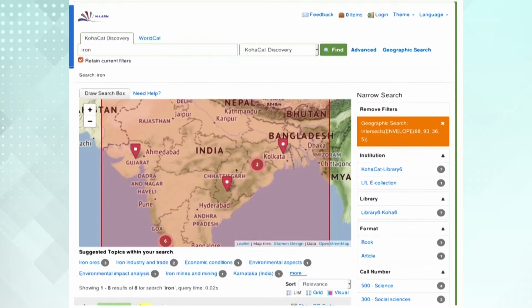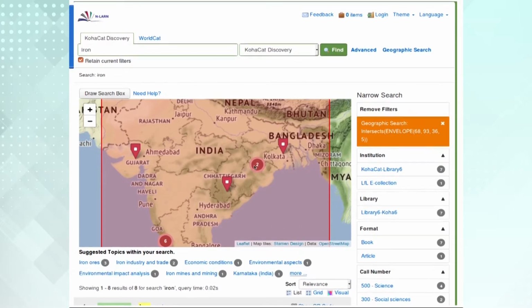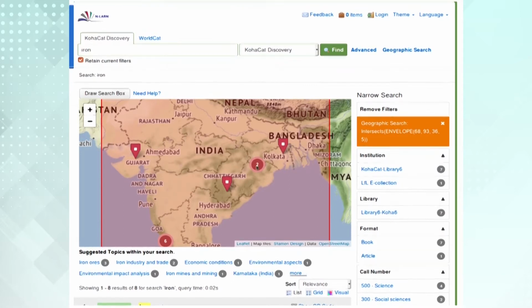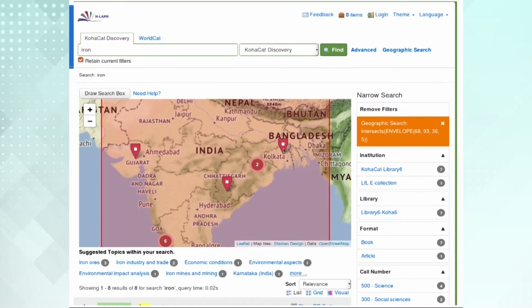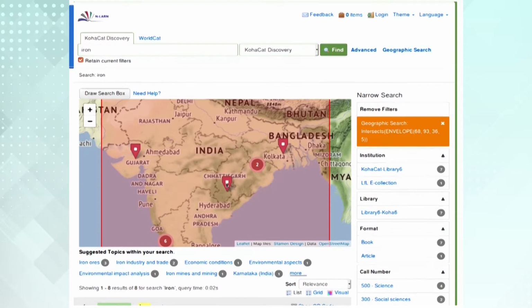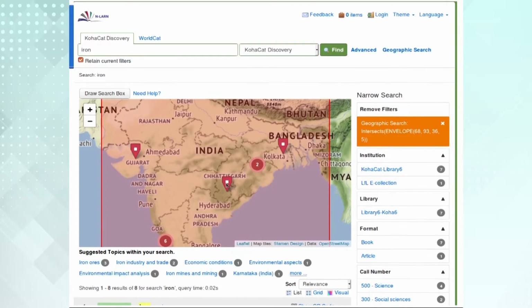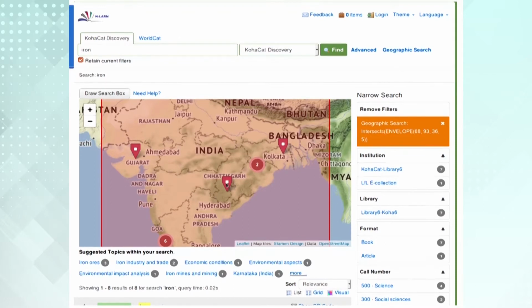So, we can again zoom, that is, I can click this plus sign. It can zoom in, and again you see, if I zoom in on the western side, there were 4 documents. Now it shows that this place name deals with 1 document, this place name deals with 2 documents, and this place name in Chhattisgarh deals with 1 document. So, in this way I can zoom in or zoom out, for clustering of data or to provide data sets to show users how these are distributed in different place names.